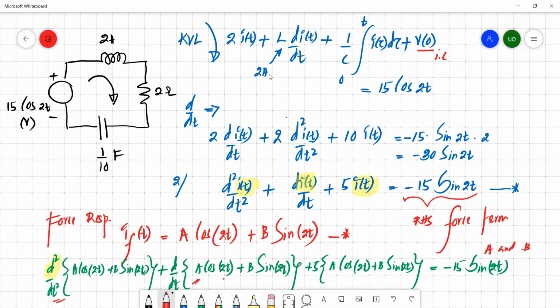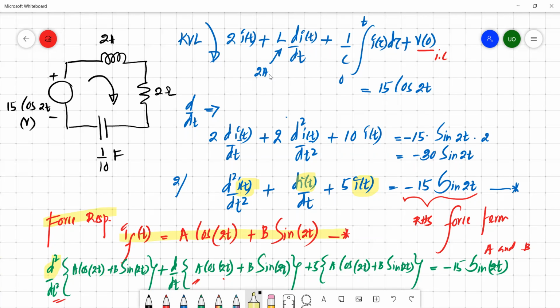So in that scenario, you can suggest the trial solution for the force response in this format. This is the more generic form you can use for any kind of sinusoidal signal, because